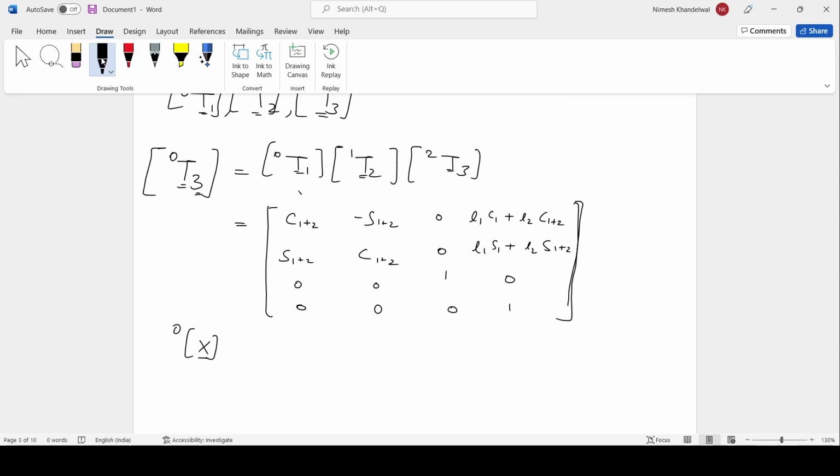So what we had concluded was that the translation part of the final transformation matrix between the tool and the base frame gives me the coordinates of the end effector